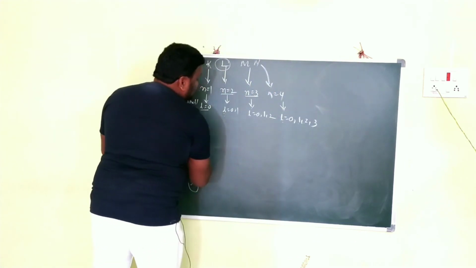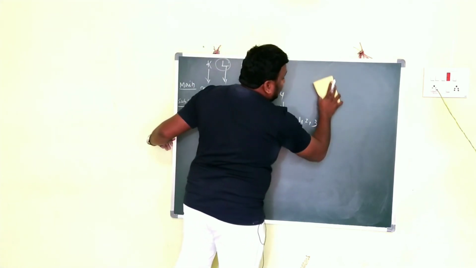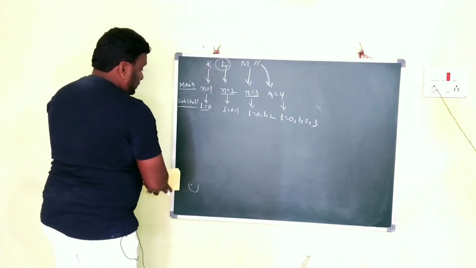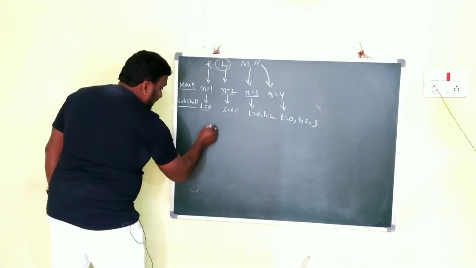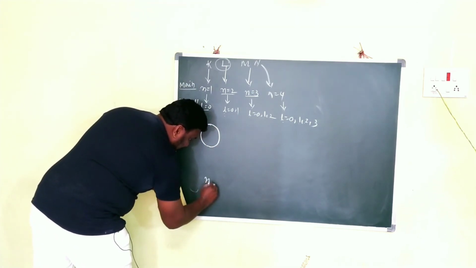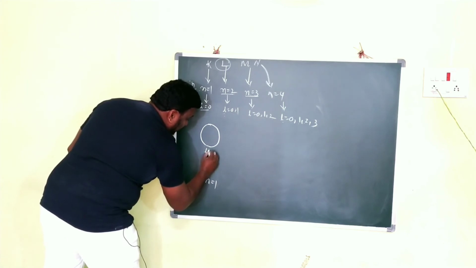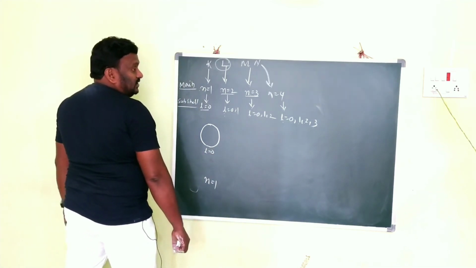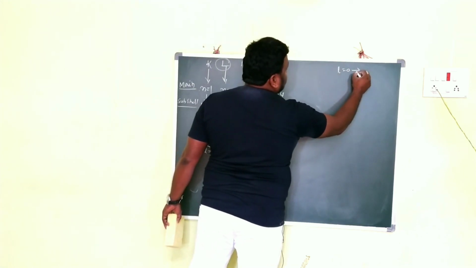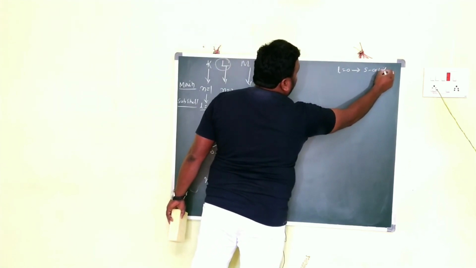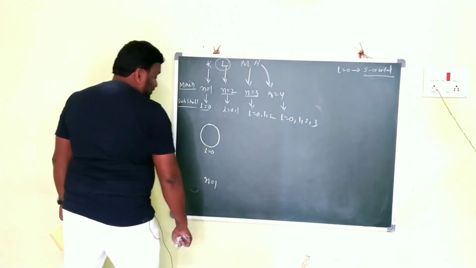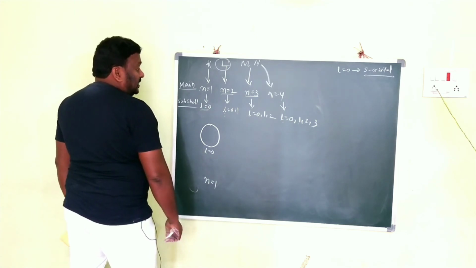First thing, I am going to draw all the subshells and sub-energy shells for these 4 things. Here, children, N is equal to 1. For that, the L value is 0. Clear? So, children, L is equal to 0 means that is an s orbital. In the next coming video, we will discuss it very clearly. L is equal to 0 means what? S orbital. Clear? So, L is equal to 0. And next,